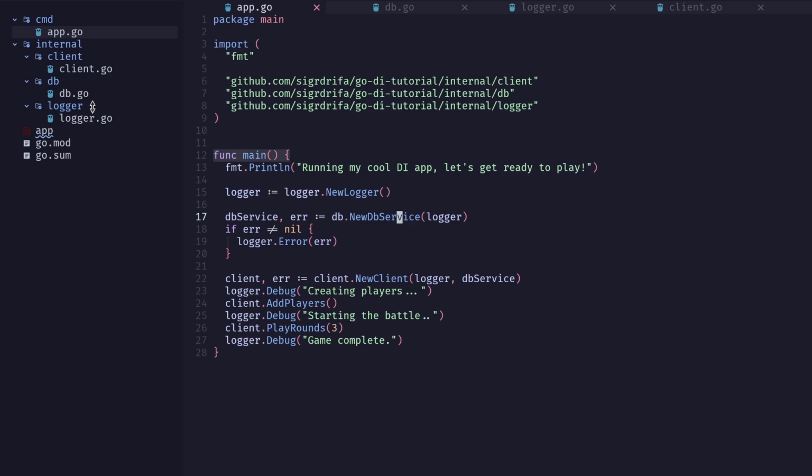Because we've used dependency injection in the client, as long as we create something that lives up to the interface that the client is expecting, we can just create a bogus or a mock DB service that we can pass in at testing time. And then we can use that to run our unit tests and worry about what the client does and not worry about what this service does.